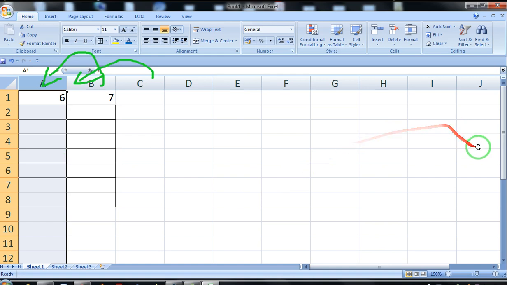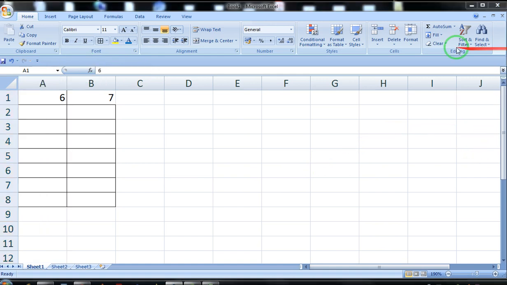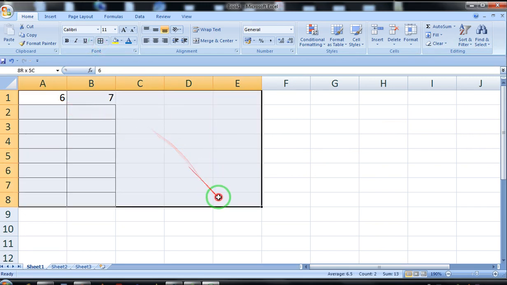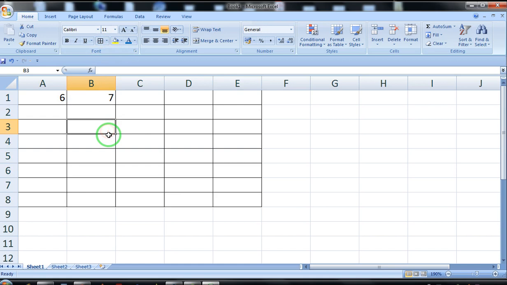Now what happens when we choose the option clear? When you choose the option clear, the cell or the range of cells will not be deleted, only the content present in the cell will be deleted.